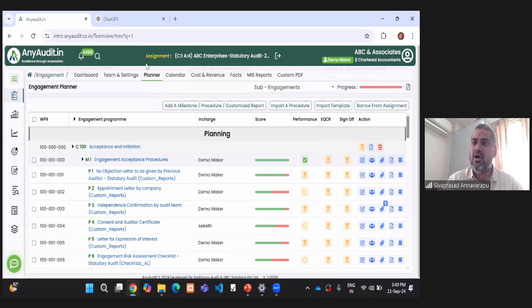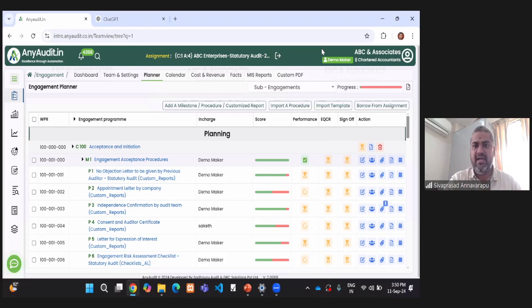And it is not an audit documentation tool. It is an audit execution tool, meaning that we execute the audit in that. So while we execute the audit in an electronic mode, audit documentation is an incidental advantage. Work allocation, work scheduling, audit documentation, data analytics are all a part of this program.